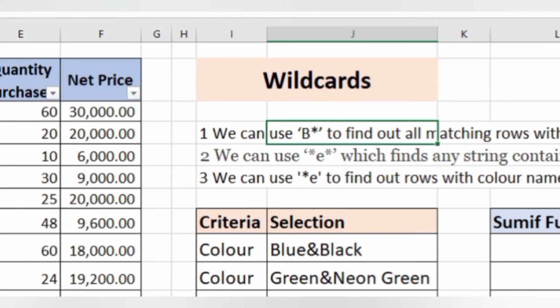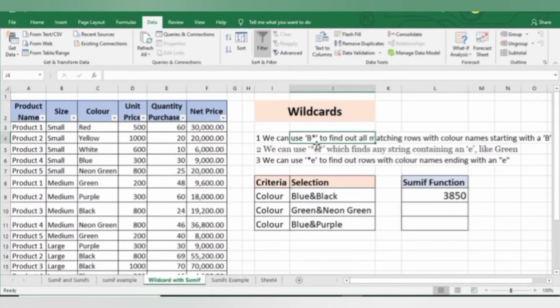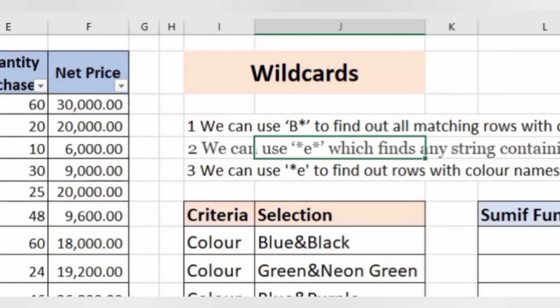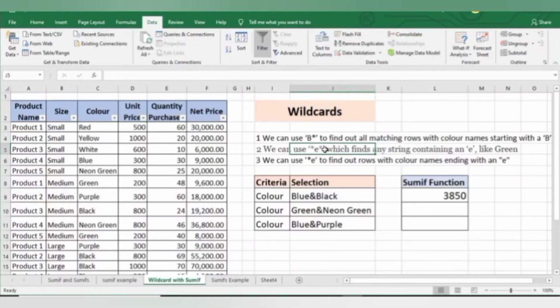So here if we use star after any alphabet, then it will find out all the color names which are starting from that alphabet. And if I use any alphabet between stars, like here I have used E between two stars, it means that in my data it will find out all the color names which have E in between them.